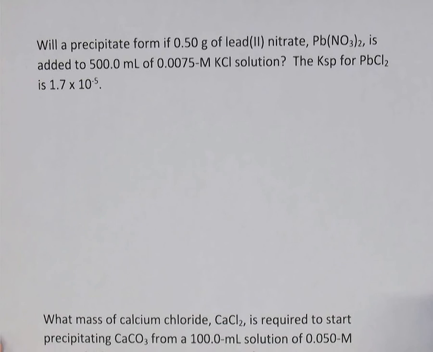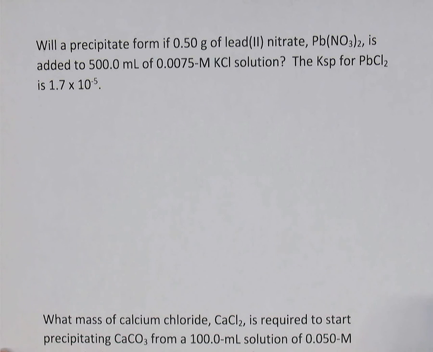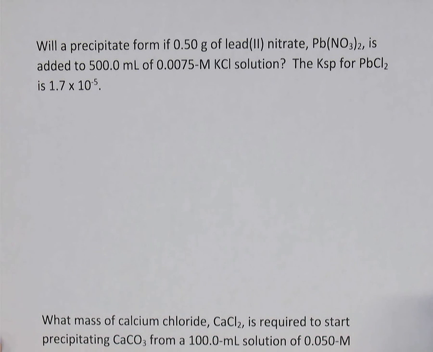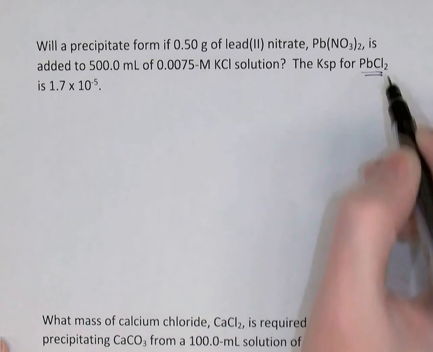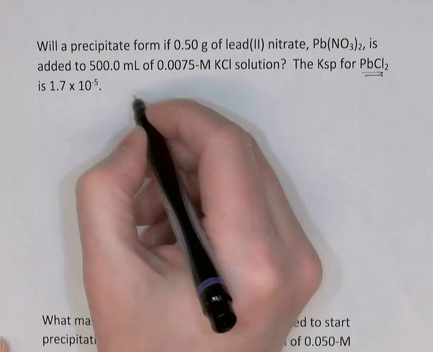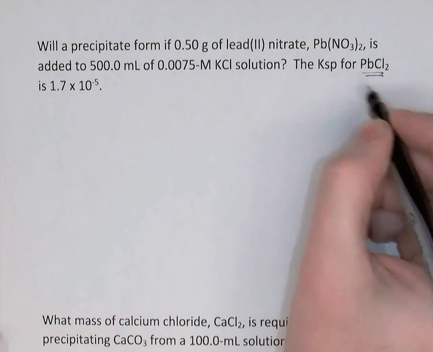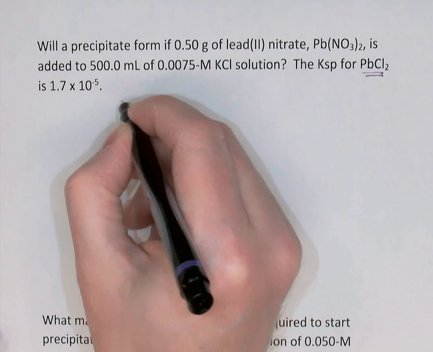So it's very similar to the last one, but this time instead of mixing two solutions together, we're adding a solid. We're adding half a gram of lead nitrate to 500 mL of potassium chloride. And we have a Ksp for lead chloride given in the question. So lead chloride is the substance which might precipitate. So if we look at PbCl2, we can see that its Ksp,